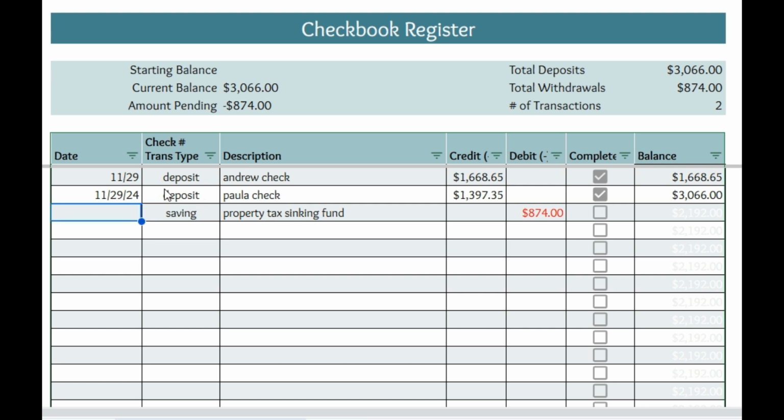I just kind of use the category deposit, saving, if it's a transfer. Oh no, that isn't supposed to say saving, it's supposed to say transfer, because that's the method. If it's going to the credit card, if it was on the debit card, if it's an online payment, if it's an automatic payment, all that gets noted right here. So that was a transfer and that's going to go through on December 2nd. That's when it is scheduled to go through and it will not show. So it will be white over here until you put a date in,